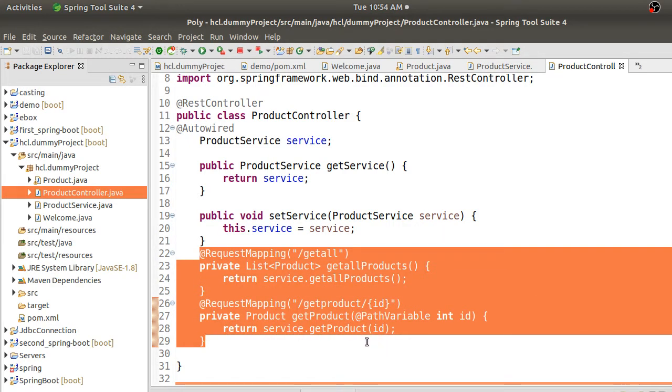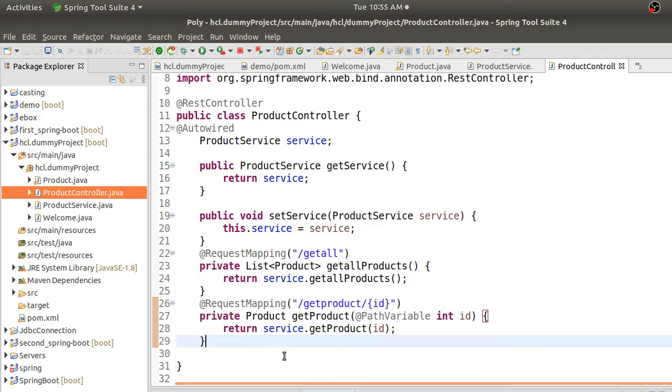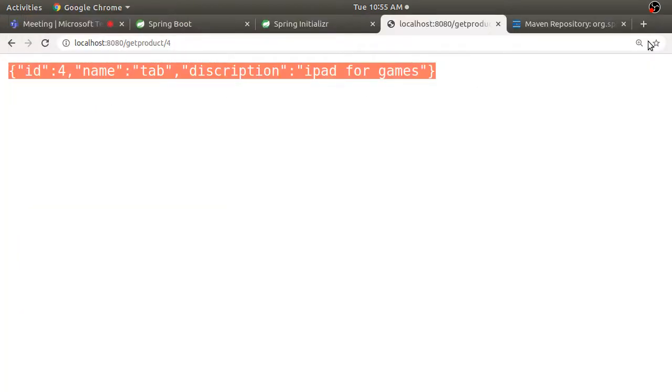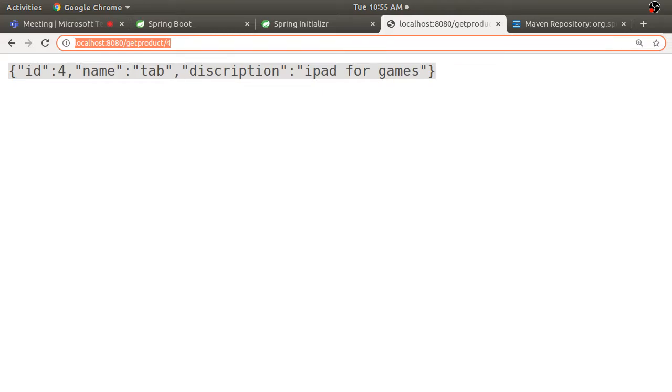Now what if you want to add a product into that list? If you want to add it, we have to go for Postman to do that, right? For that particular request URL, you need to send a post request, or maybe a put request if it is an update. For that we need Postman access, right? So just go to Chrome and you will have that Postman plugin. So just use that. I think I have already used that plugin.